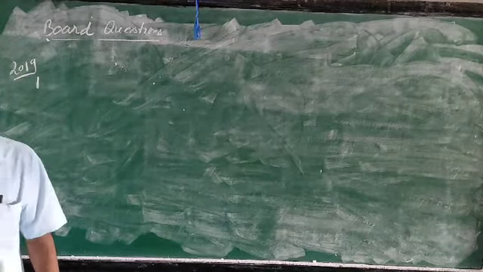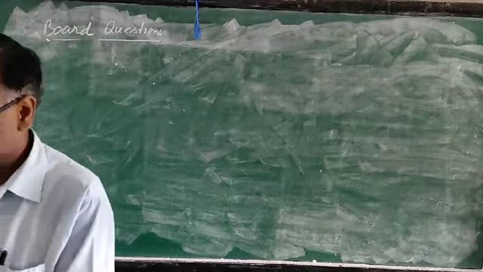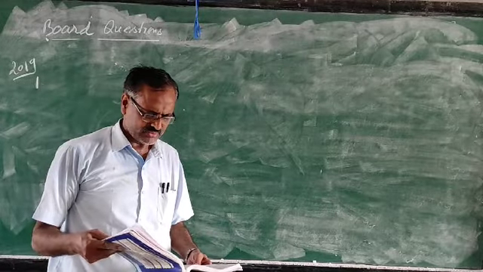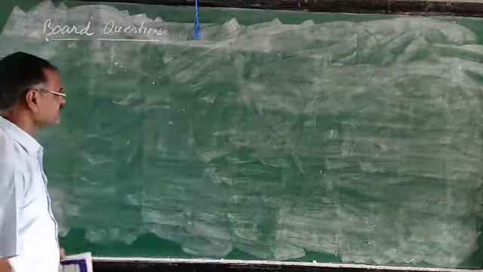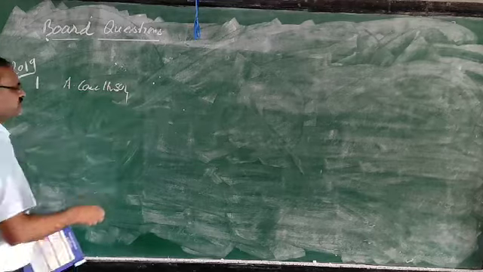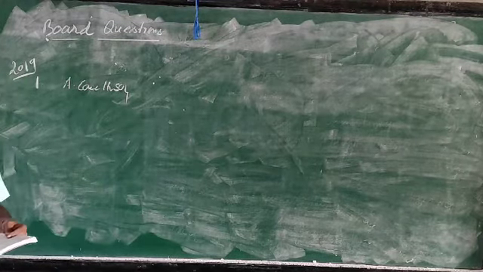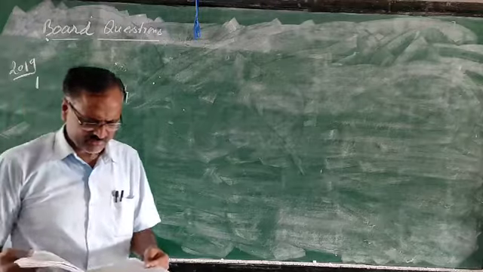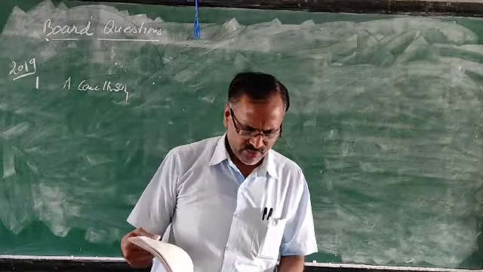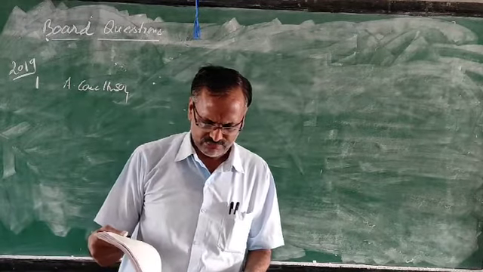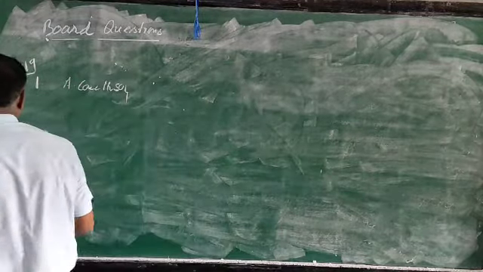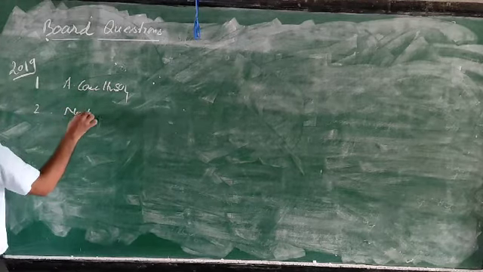first one, what is given? Choose the correct answers from the options A, B, C, D. The drying agent used to dry HCl gas is A. Concentrated H2SO4. Below 200 degrees Celsius, one of the products formed is sodium hydrogen sulfate. That you can mark there: sodium hydrogen sulfate, NaHSO4.